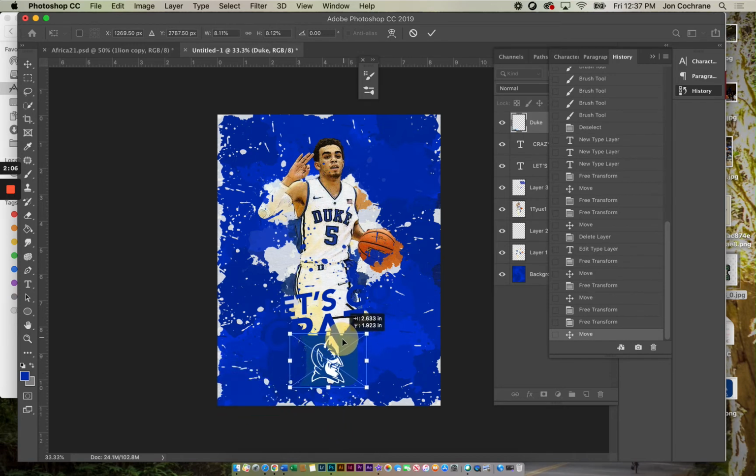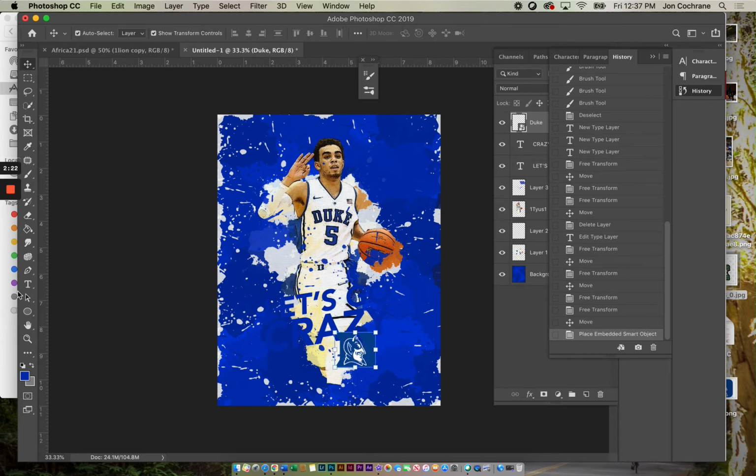And then it's up to you if you end up having it like overlapping or anything. But what I've got is I could center it. I could move it off to the side. I'm going to make it like this. Okay. And then for this, let's see here. For the type tool,